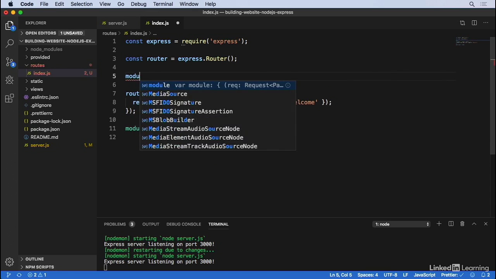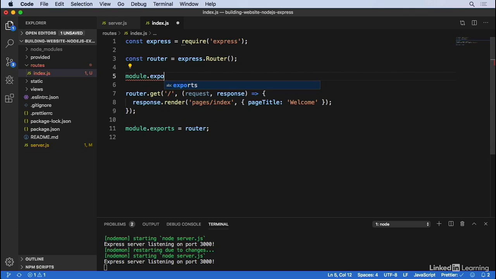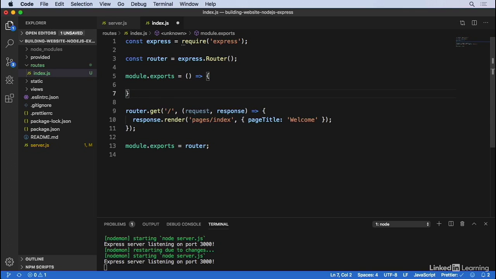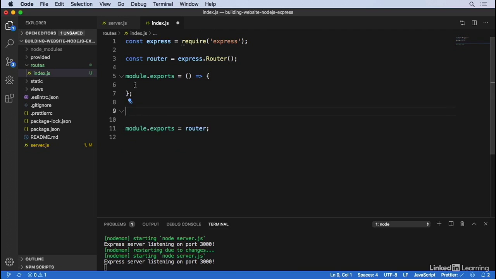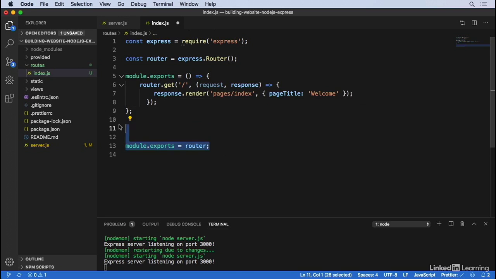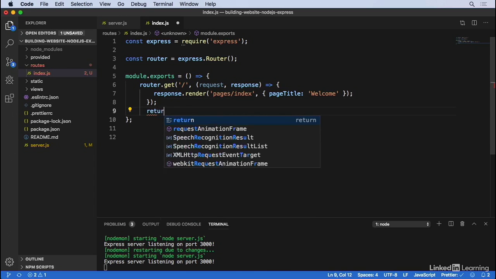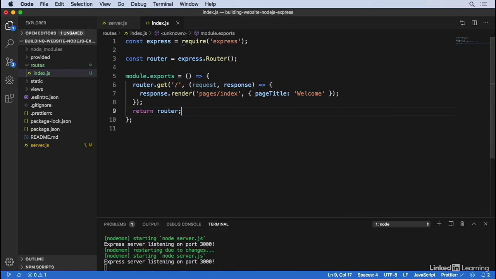I will now export a function by adding module.exports equals, and I define an arrow function on that, and I will put my routing definition into this function. And from there, I will now return the router object. So why am I doing that? By doing so, we can pass down arguments from our application down to the route as function parameters, and we will use that later. So we just created a routing module, and now we have to mount that into our